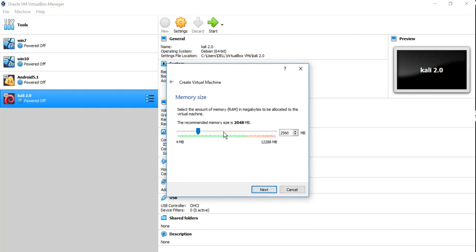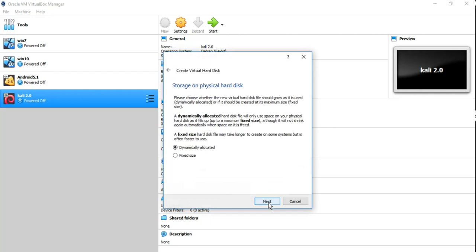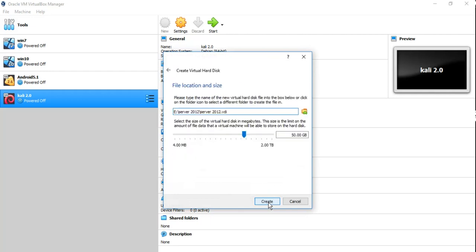You may increase if you want, click create, next, next, okay, 50 GB, create.